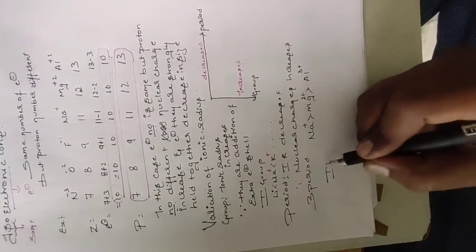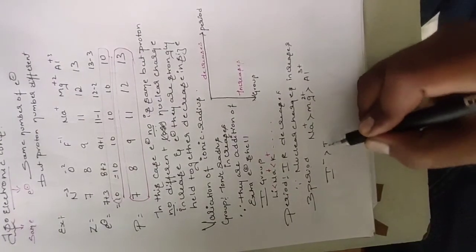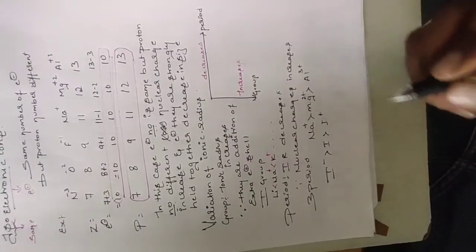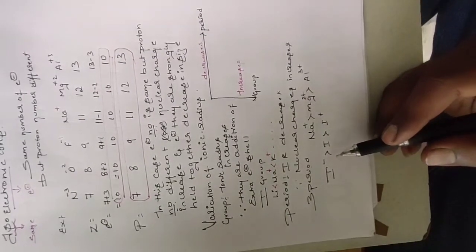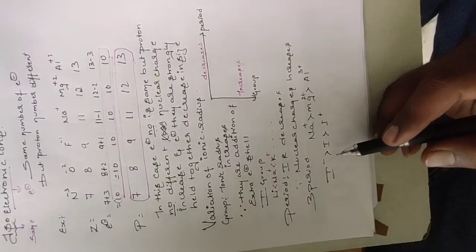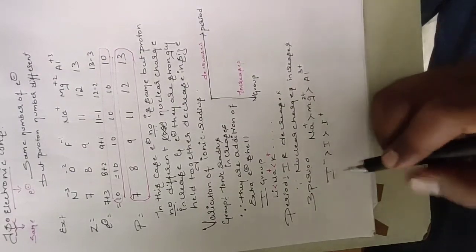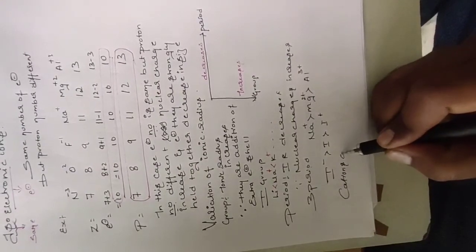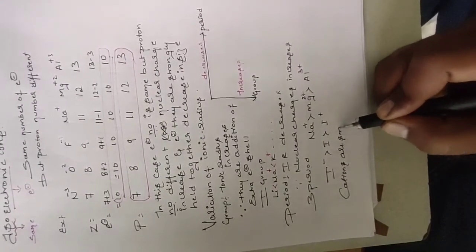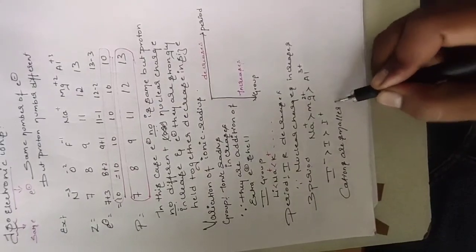Similarly, the ions, if we write for iodine, you see this is the state, the cations are smaller than anions, correct? Cations are smaller than anions. Very very important point, this is cations smaller than